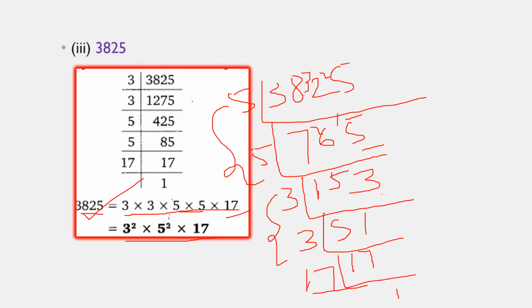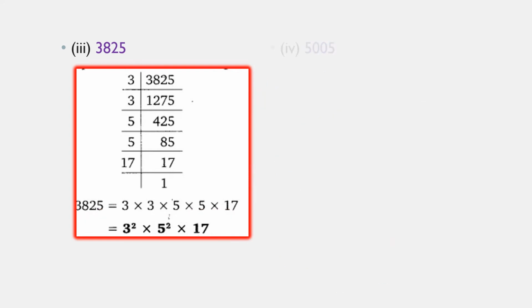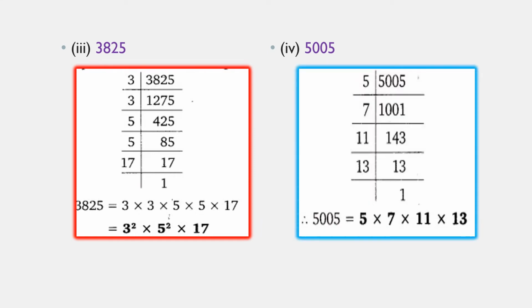Clear? Now next problem is 5005. Your prime factorization of 5005 will be like this. I took the 5 table here because the last digit is 5. 5 1001 times, 7 table, next 11 table, and 13 is a prime number, so 13 ones 13. So I wrote all the prime numbers' product like this. Here no number occurred more than one time, so no power will come. They will be like this only. Understood, children? Okay, let me go to the next slide.